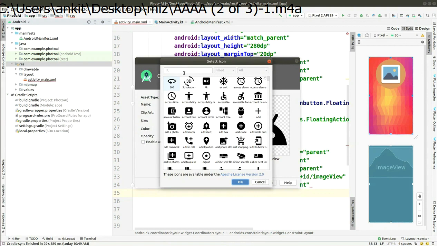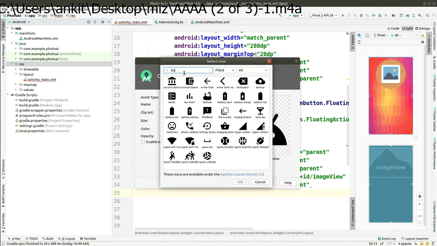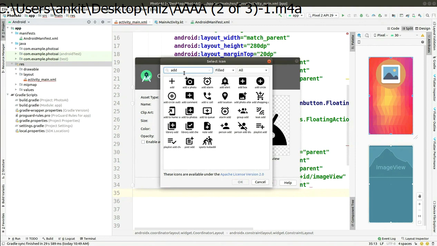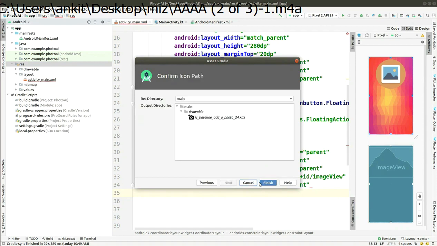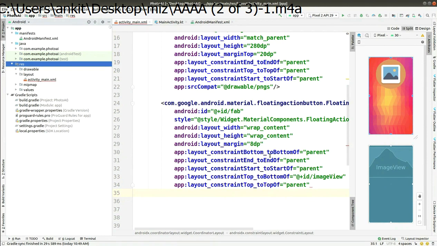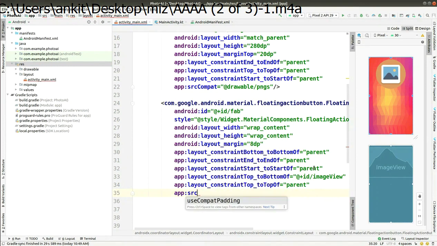After that you have to search for add a photo. Click on OK. After that click on next. Click on finish, and it is added.